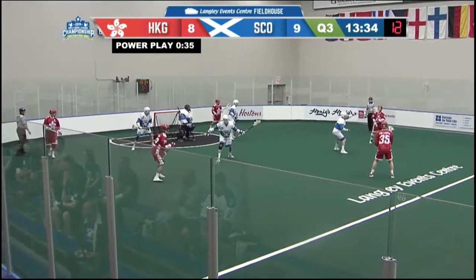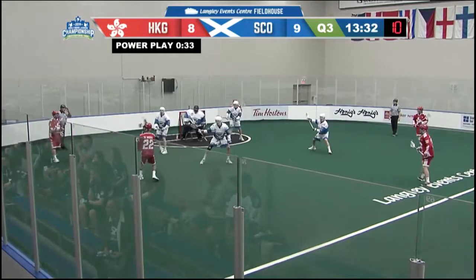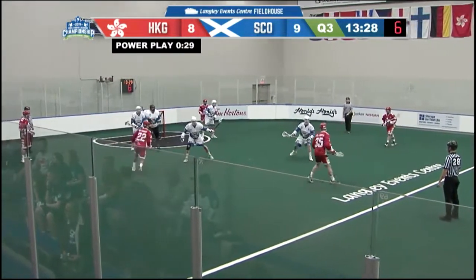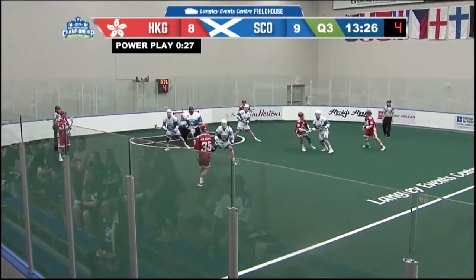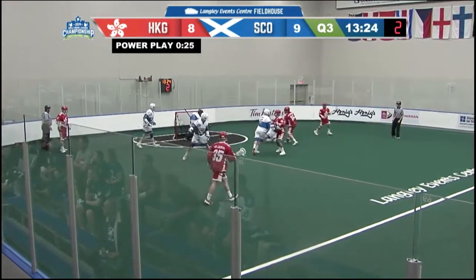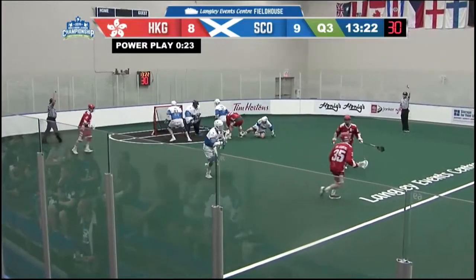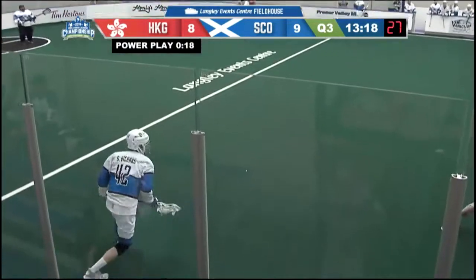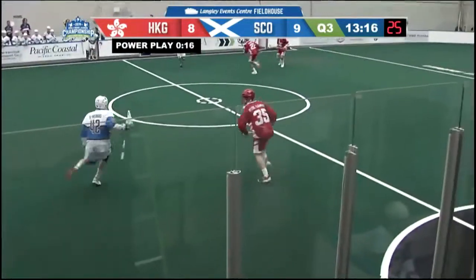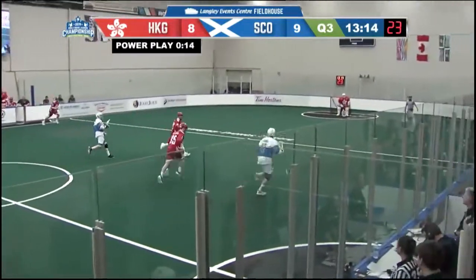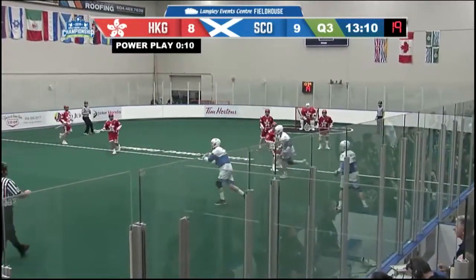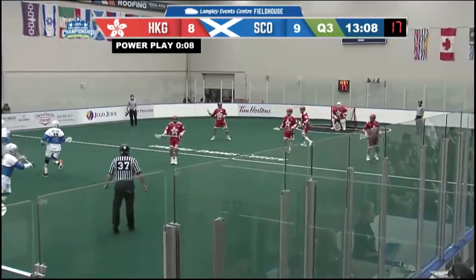Houghton for Mock Lamy, back to Houghton, back to Mock Lamy, left side now. Moving it around there, Wesley Wong. Center of the floor, Mock Lamy backing up to the left side. A shot put on goal. It's kept out by McFeeters. Again, he came into the game in the second quarter early, relieving Dylan Cowman, who started this one just after Hong Kong took its first lead of the game, 6-5.